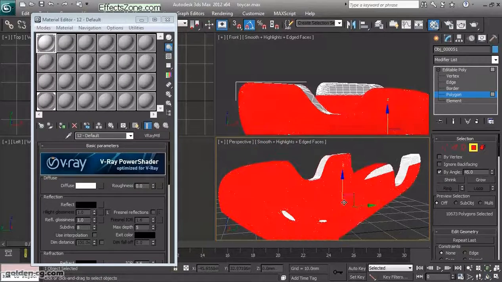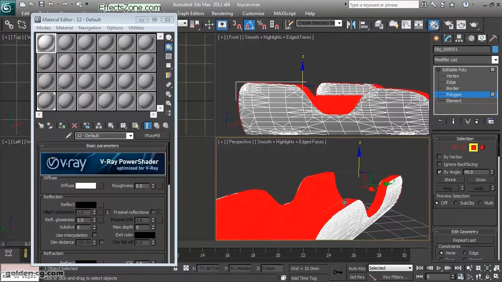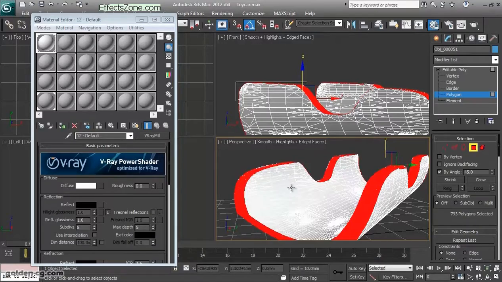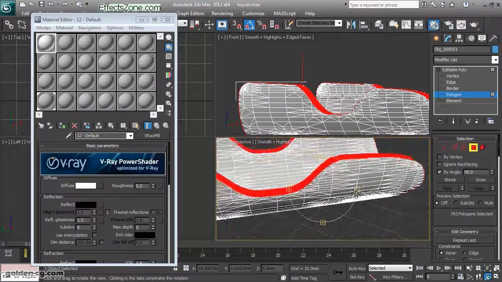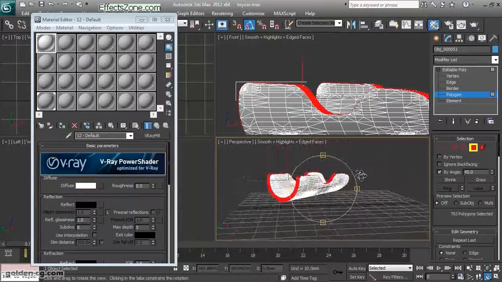I will click here. Okay, this has some problem. Control Z. So I will choose another face to click here, again a problem. So I just hold the alt and click on the other faces which are extra and selected. So you can see the deselect when I hold the alt,